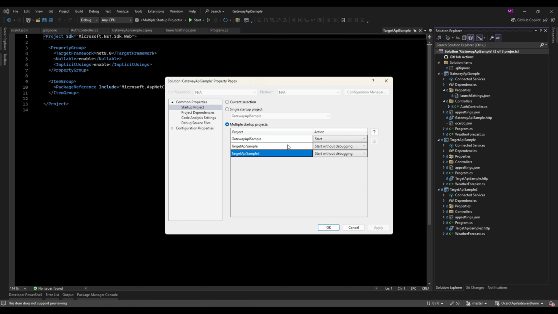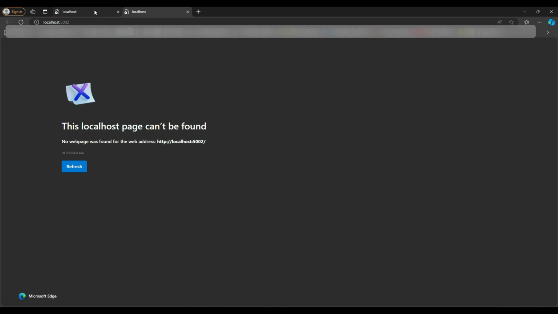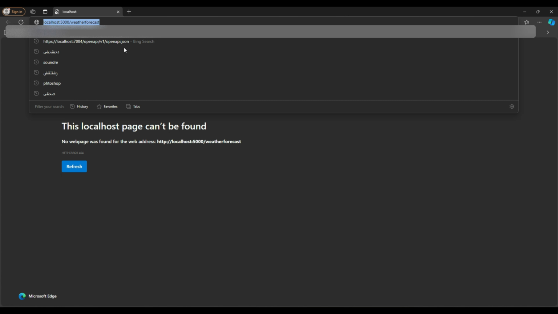This setup ensures that when I hit F5 or run the solution, all three projects will launch automatically. With this configuration, I don't need to start each project manually. All three projects, gateway and the two targets, will be up and running at the same time. This is especially useful for testing scenarios like routing, load balancing, authentication and authorization, and now rate limiting.